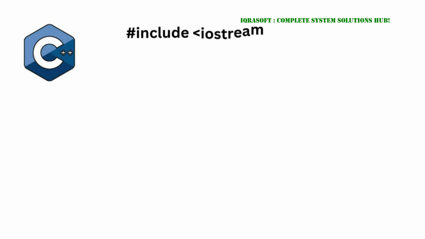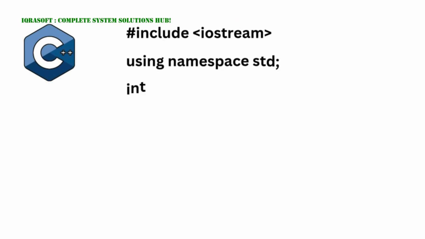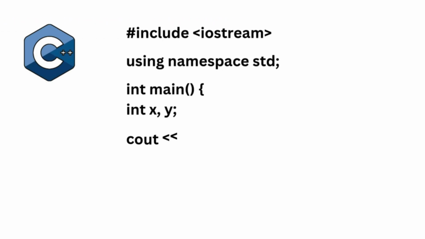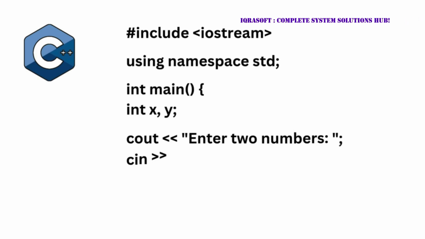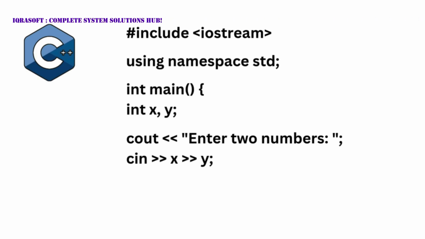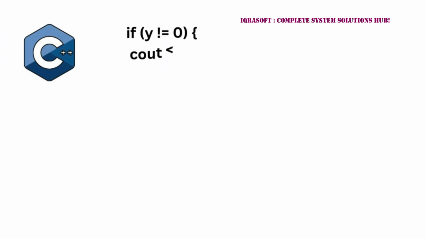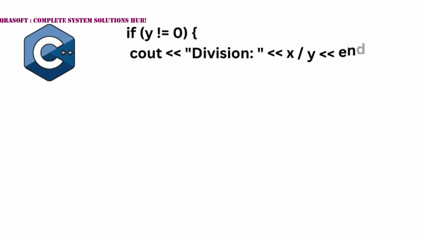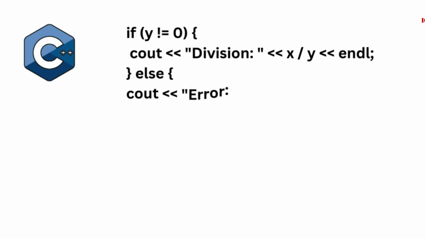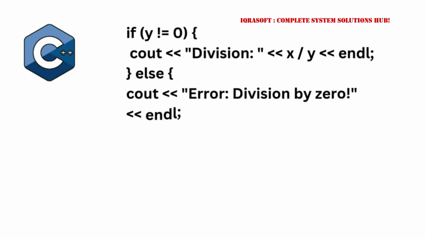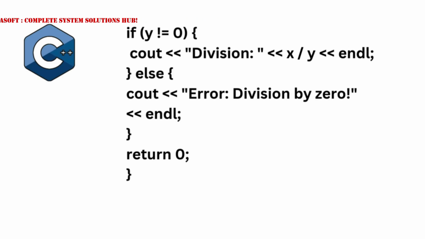#include <iostream> using namespace std; int main() { int x, y; cout << "Enter two numbers"; cin >> x >> y; if (y == 0) { cout << "Division" << x / y << endl; } else { cout << "Error: division by 0" << endl; } return 0; }